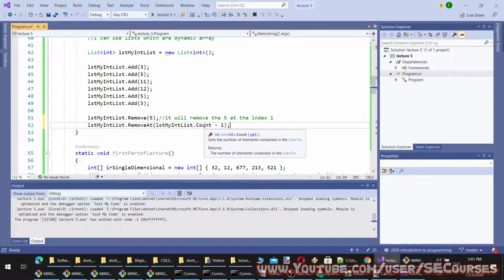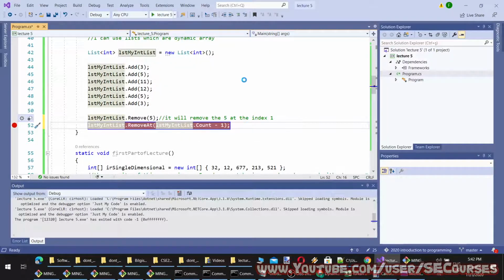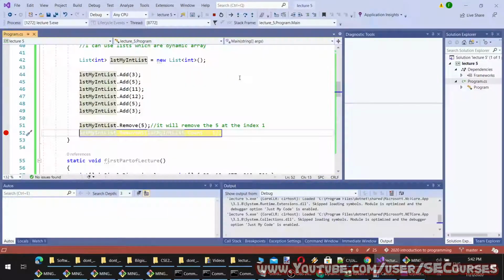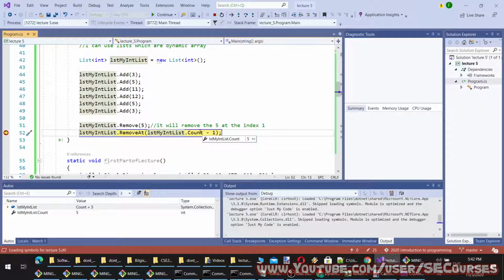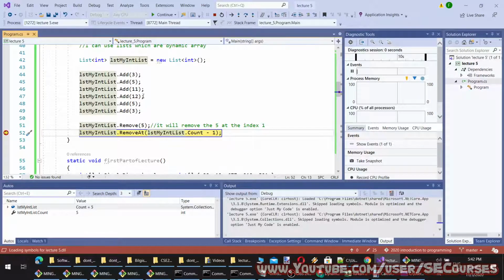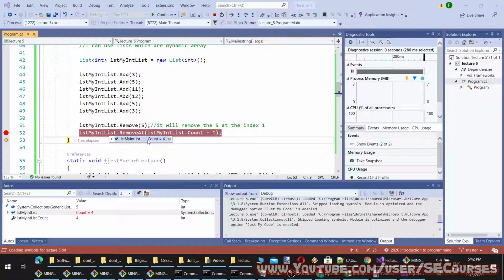Since Count shows how many elements it contains, I subtract 1 from it to calculate the final object's index. And let's try it. So this will be providing 4 as an index, because currently the indexes are like here, index 0, index 1, index 2, index 3, index 4, and this will be providing 5 minus 1, which is 4. And when we do that, now you can see 3, 11, 12, 5. Okay.